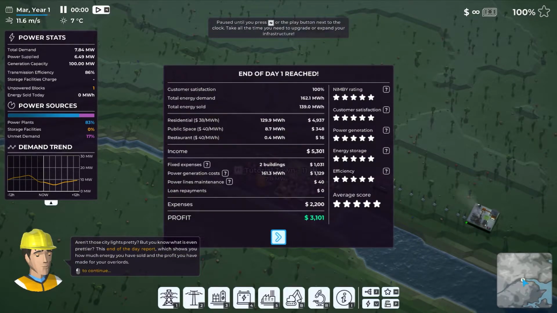Aren't those city lights pretty? But you know what's even prettier? The end of the day report, which shows you how much energy you have sold and the profit you have